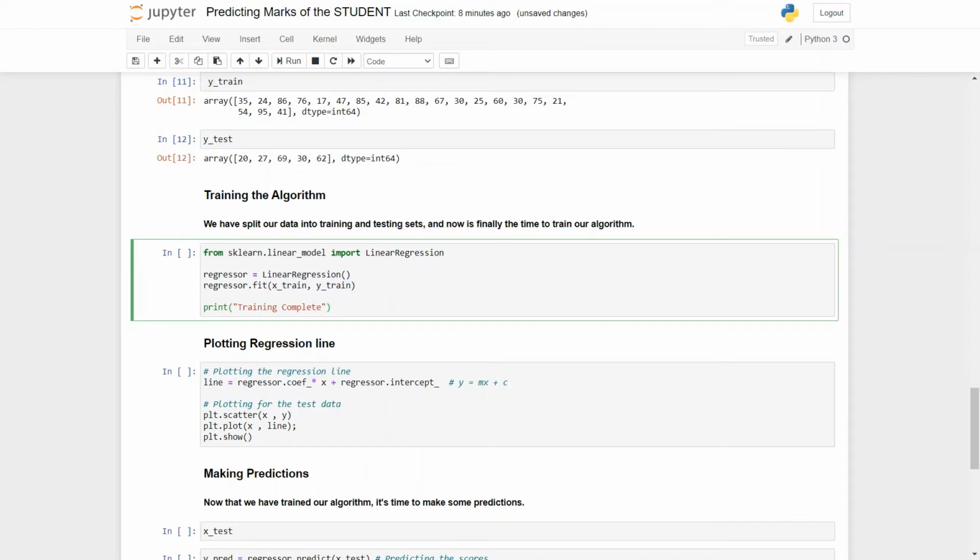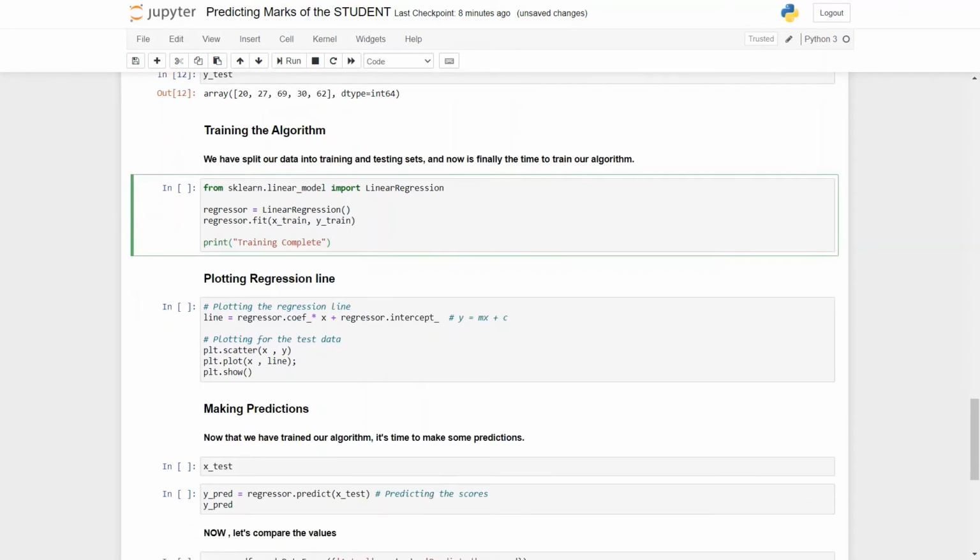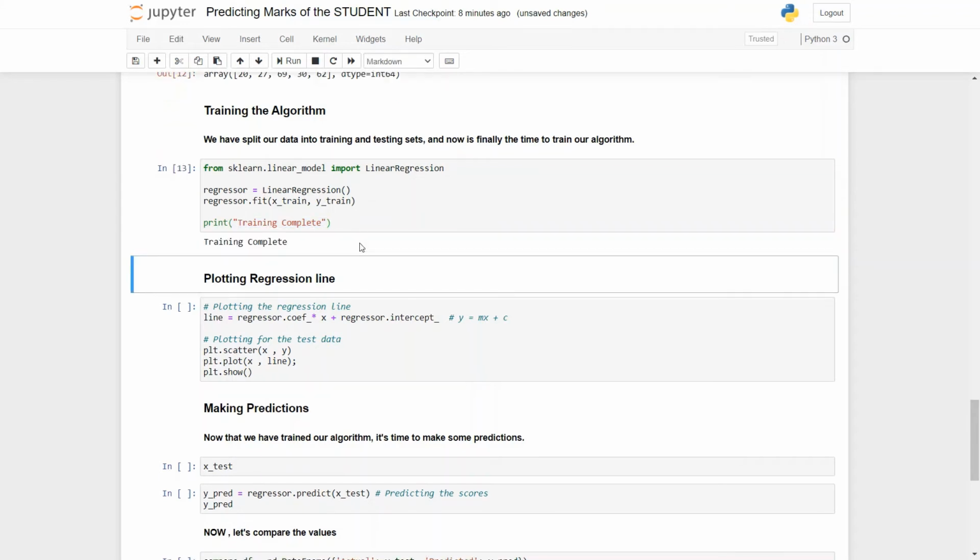Now to confirm that our algorithm has been trained, we print training complete. So let's run this cell. So our training is complete now. The next task is plotting the regression line. For this, we define a variable line, and we assign to it regressor coefficient multiplied by x plus the regressor intercept.